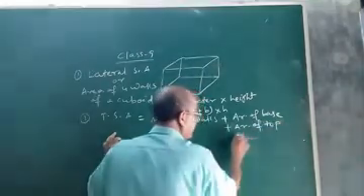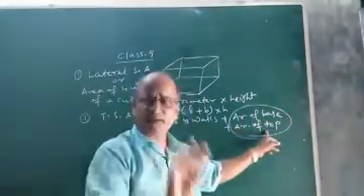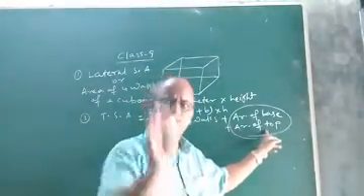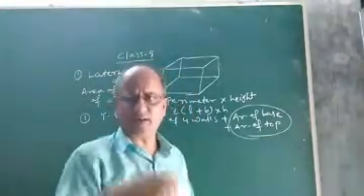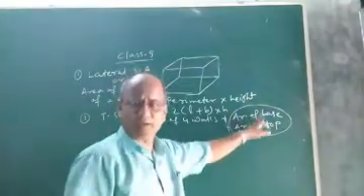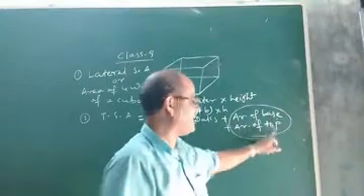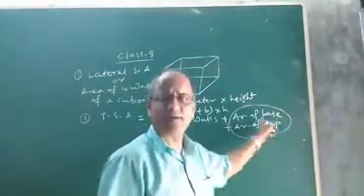Area of four walls plus area of base plus area of top. Now see, one thing you mark, children: area of base and area of top of a cuboid is same. Whatever is the area of base, it will be same as the area of top or ceiling, you can say. Area of ceiling and area of floor or base will be same. So what will be the formula? L into B, length into breadth. So this will be length into breadth, area of base, and area of top or ceiling is also L into B. That means LB plus LB, it is 2LB.